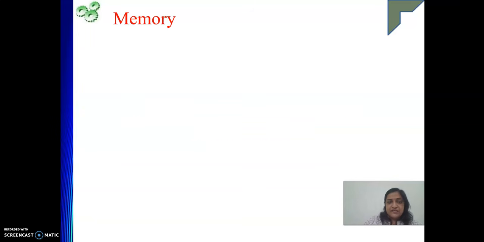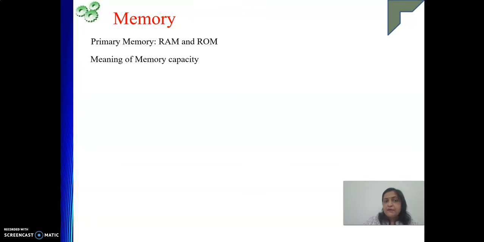So in our last discussion we have talked about memory capacity. What is memory capacity, what is RAM, what is ROM, then what is secondary memory, that we have discussed. See, RAM is random access memory. From any location you can access with the same speed, right? The first bench person and the last bench person in the class, according to the RAM concept, will give us the answer with the same speed, right?